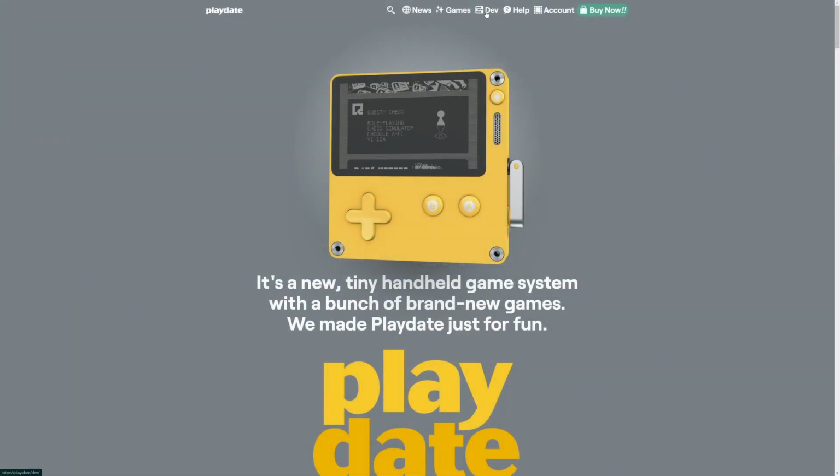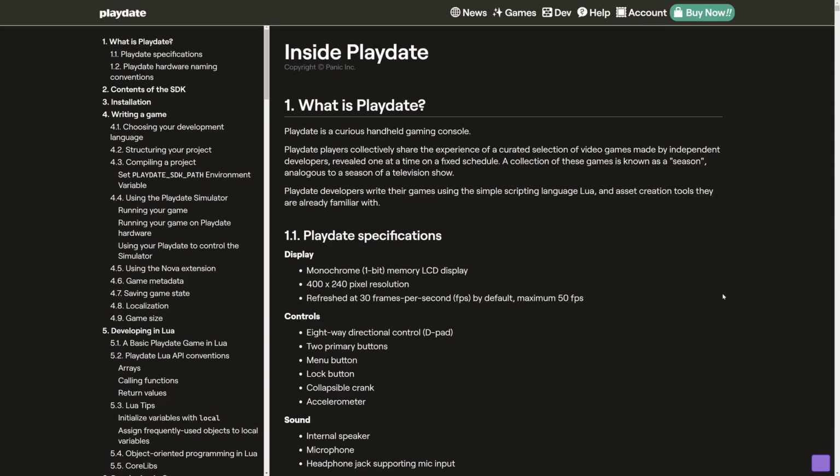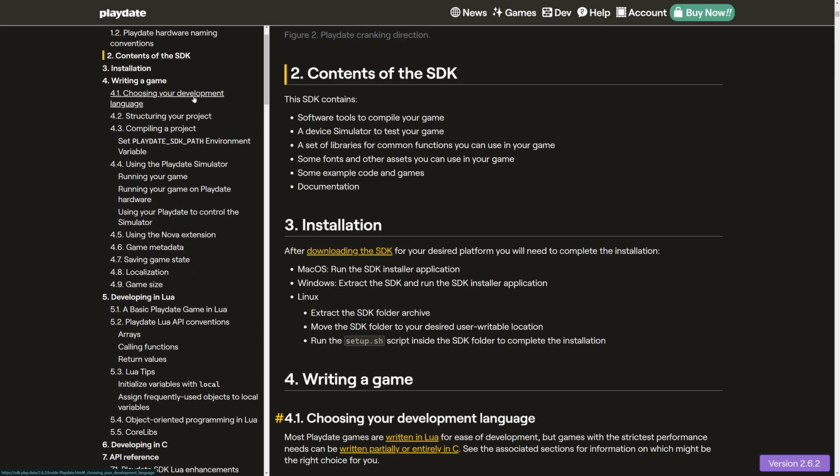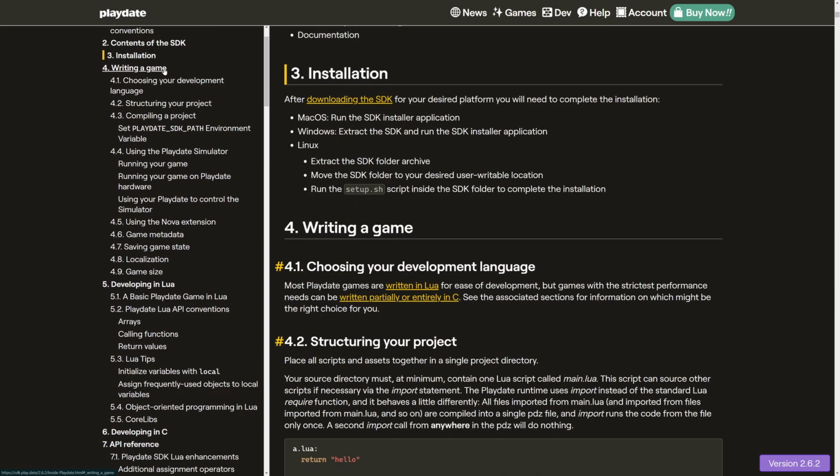The first stop is just the Playdate website itself. At play.date/dev, where we installed the Playdate SDK, there's a link to the documentation as mentioned before. I highly recommend reading through the documentation at some point. I know it's pretty long, but you should at least read through sections 1 through 5, which give an overview